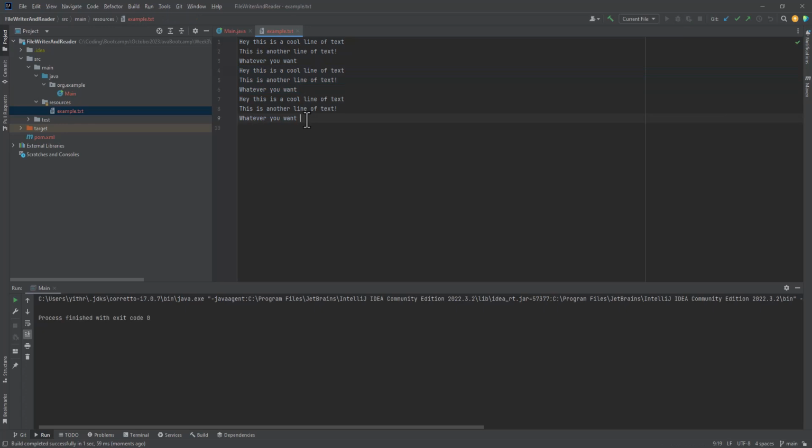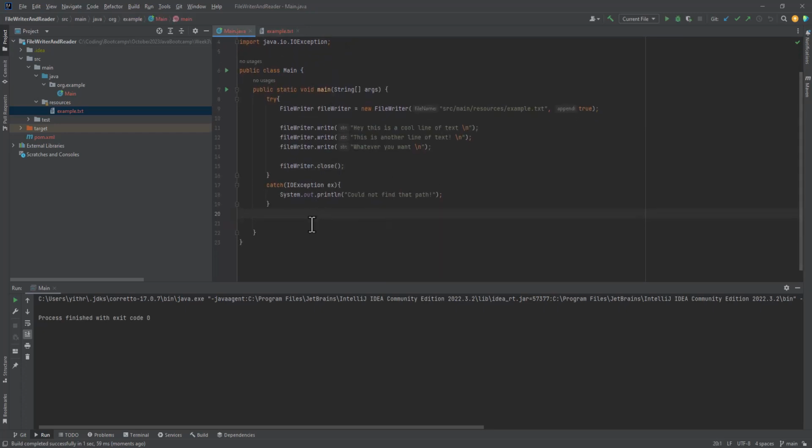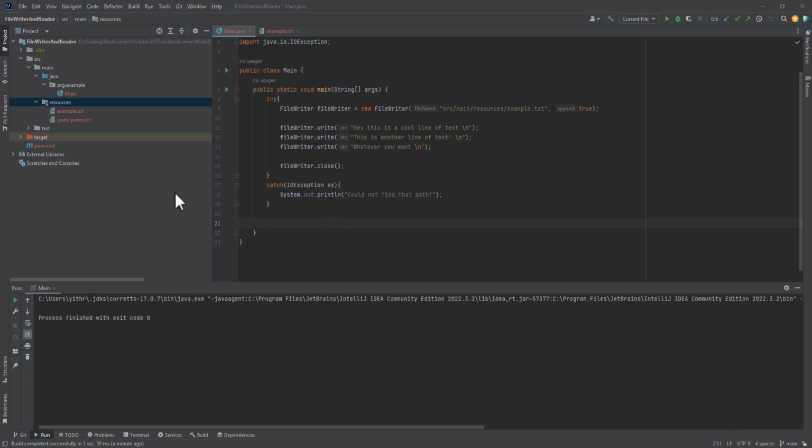So sometimes you may want to stick stuff at the end, sometimes you may not want to do that. Okay, cool. So now we're able to use the FileWriter to actually write stuff to the file. Now I want to do something in the opposite direction, where I want to take the file and read stuff from the file. Alright, so I've added a poem to my resources folder, and we're going to actually redo some